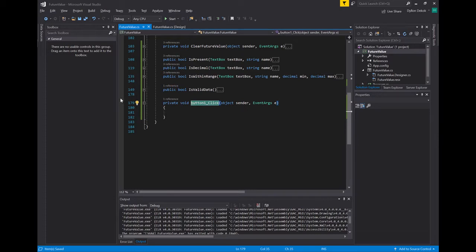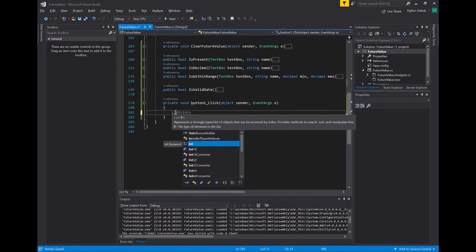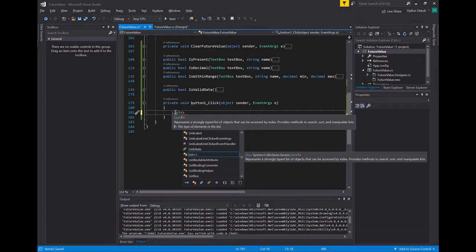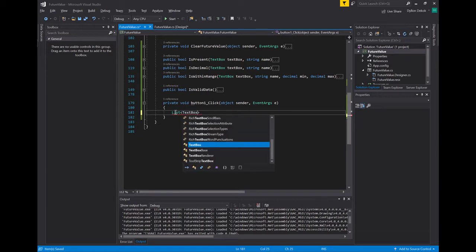So there's the collections framework and namespace, which allows you to work with multiples of any type. In one of my lectures in the past, I worked with a list, and I think I worked with a list of integer, but you can work with a list of anything. These brackets mean it's generic, so you can put anything in these brackets. For example, I could work with a list of text boxes if I want. So a list of text box,